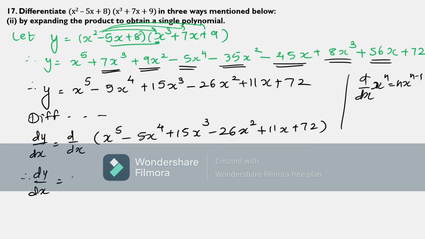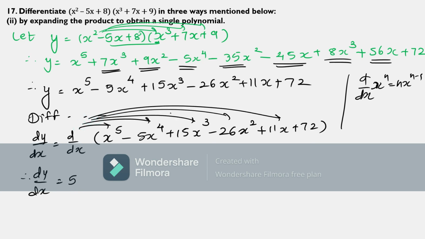So whatever the power is, 5 is outside, and still we see here it is a sum. So we are going to differentiate like this only. Separately we'll have to do, right? No product rule, nothing. Very simple. So power will be first 5 into x to the power 5 minus 1, which is 4. So 5x to the power 4. Then negative sign is there, so I'll put minus.